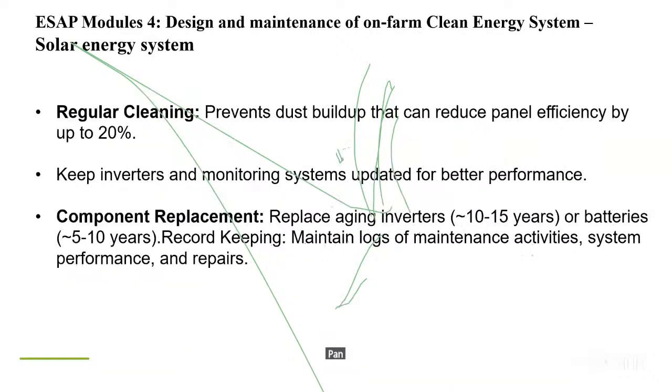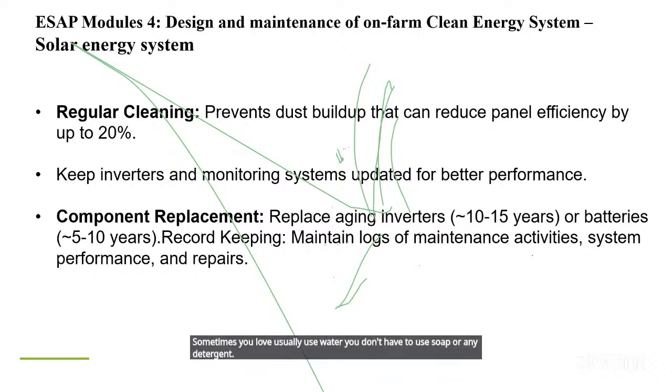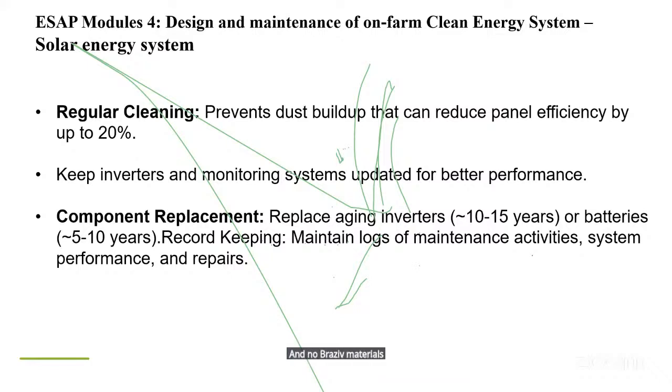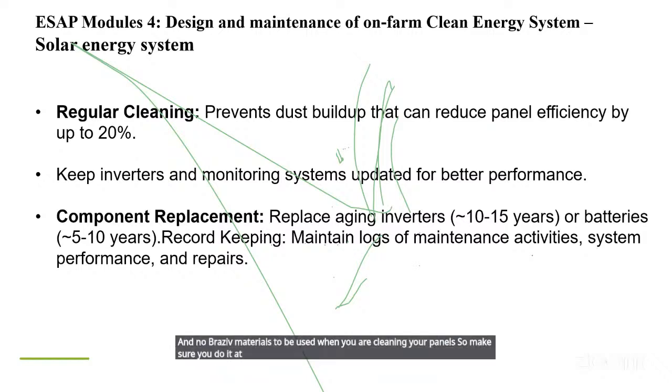Panels should be cleaned using soft brushes. Never use a metal brush or something hard. And you have to use water without detergent. You don't have to use soap or any detergent. And no abrasive materials should be used when you are cleaning your panels. So make sure you do it at the frequency of every 3 to 6 months, depending on the site